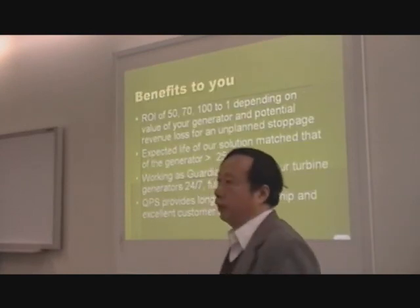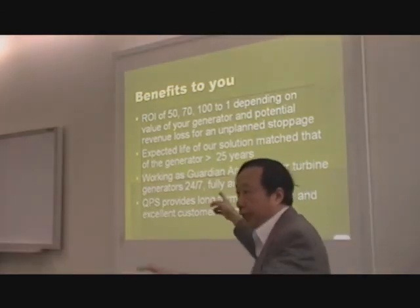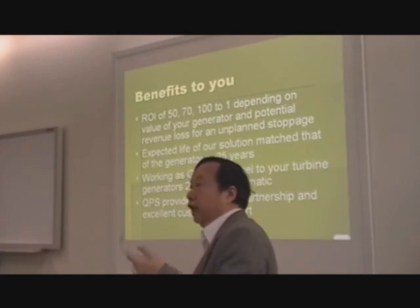And so if you think about ROI, think about this. It could be 50, 70 to 100. It depends on the value of your generator and the revenue